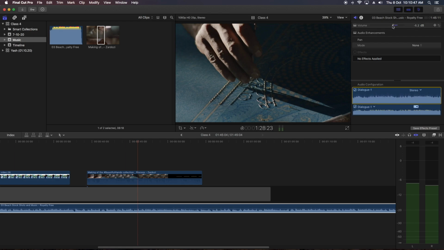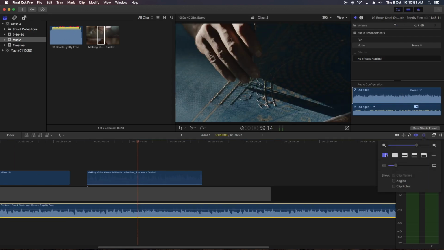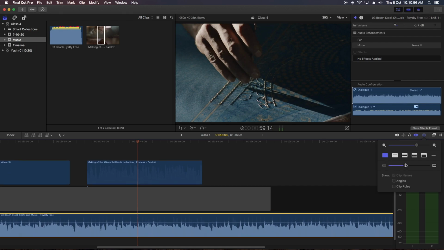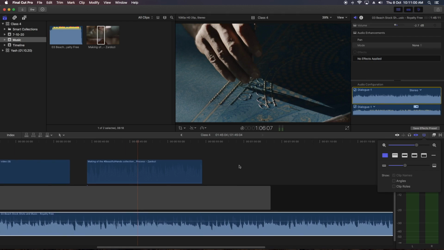You can see the waveform going up and down, or I can view bigger waveforms by performing this. I can even make the track bigger. There is an instrument called the waveform monitor. That is a very, very complex instrument, and in high-end editing systems like Nuendo and all, there is a waveform monitor and there is something called the vectorscope. So these are two very complicated instruments.